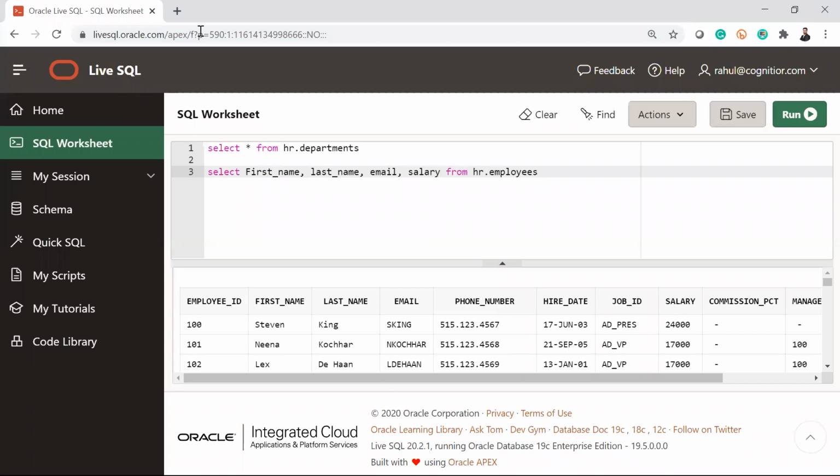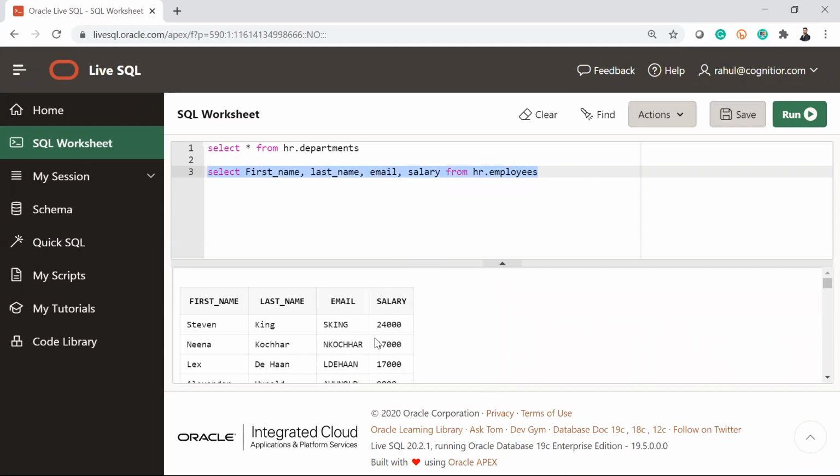So what I'm doing here, select first name, last name, email, and salary. Let me execute. You can see that we are getting only these columns which we actually wanted, right? So these are the two main ways we access the table.